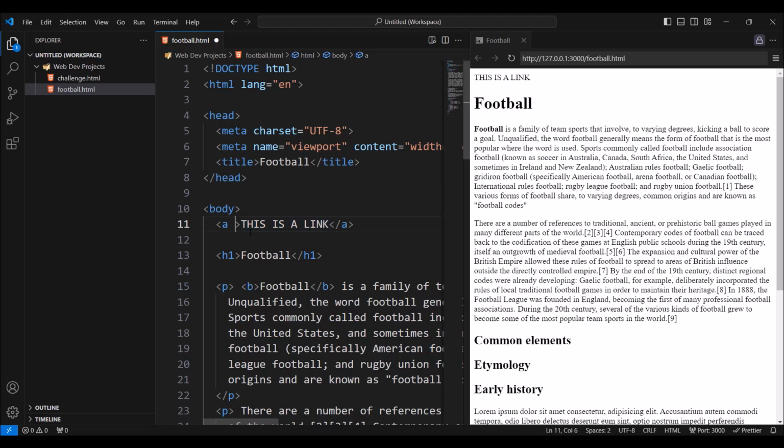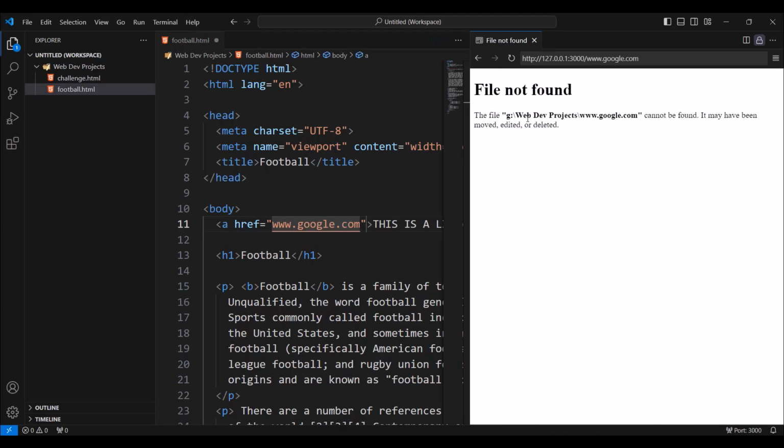Here we're going to type href, so before the angle bracket, href. We have a suggestion, we press enter, and here we're going to define the address, which is www.google.com. Now as you can see this is highlighted, it's blue now, and it has this underline. So now if I click on this, we get file not found.